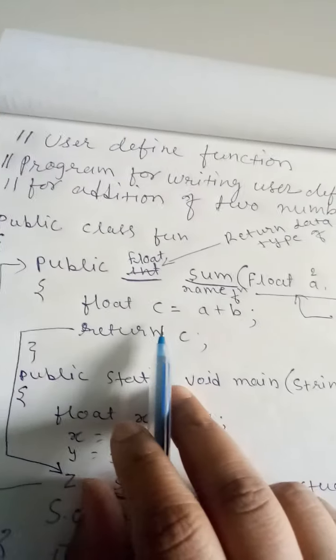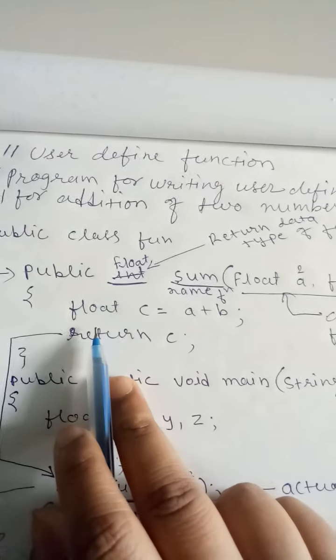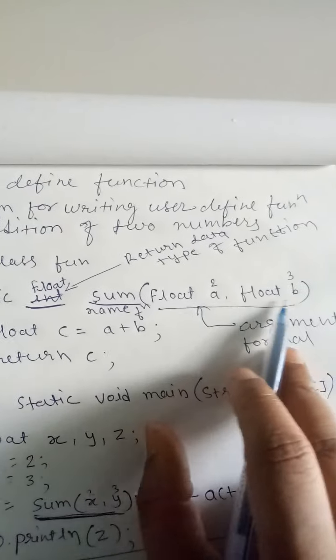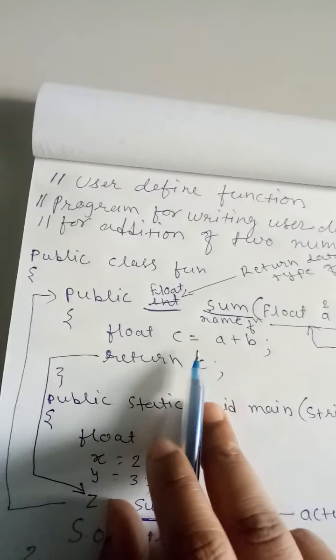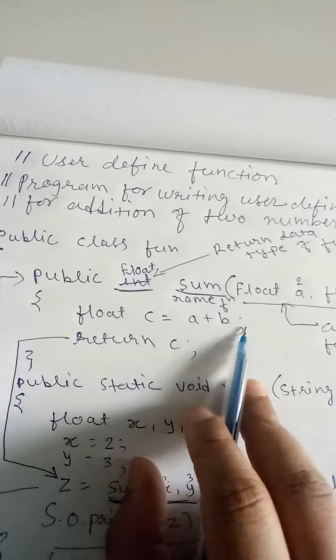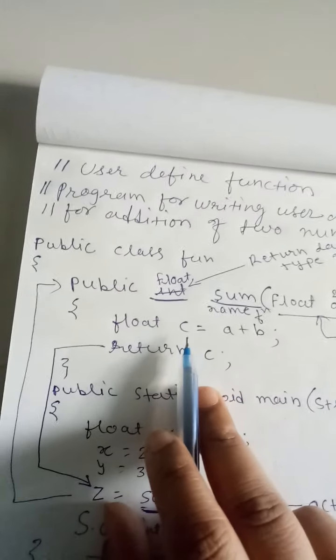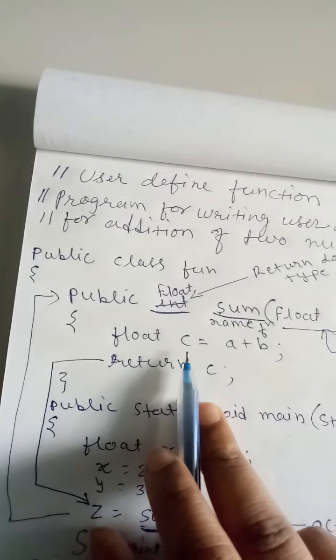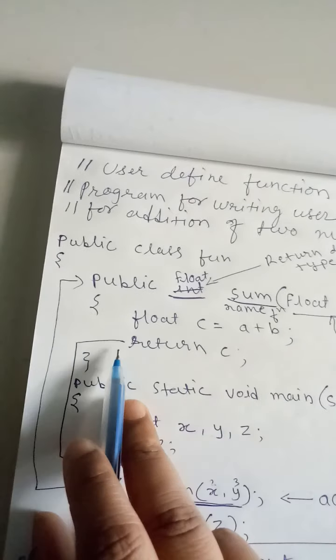You can see here I have taken one more variable c of the same data type, which is having our arguments. So now I am adding a plus b into c. So what value you will get in c? 2 plus 3, 5. So value which will be stored in c will be 5. But you can see here